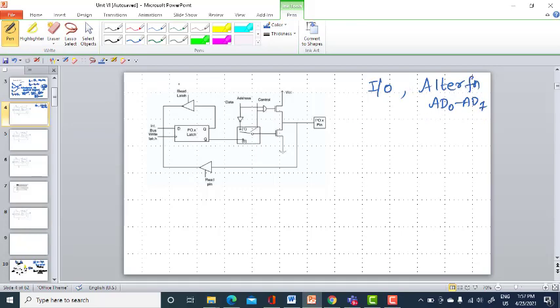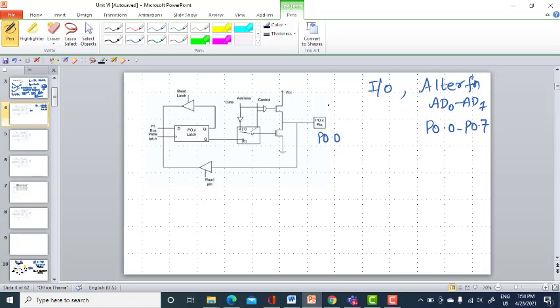Okay. So, this is the internal structure of a port pin P0. Okay, we have port pins P0.0 up to P0.7. Each port pin will have this internal structure. Let me assume that this is for P0.0. So, for this P0.0, this is the internal structure. So, let me come ahead with the internal structure.